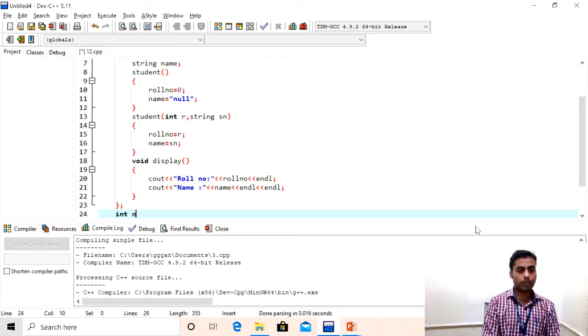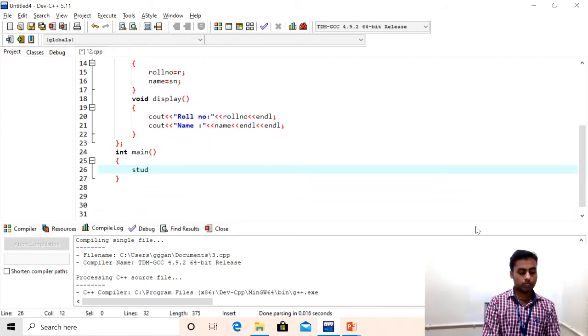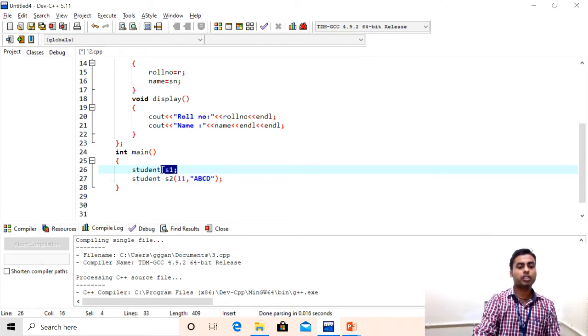After that, the main function, int main. Here we will create the objects. Suppose s1 is an object with the default values, and student s2 will be the object where we have the roll number as 11 and the student name as ABCD. For the s1 object, which constructor will be executed?